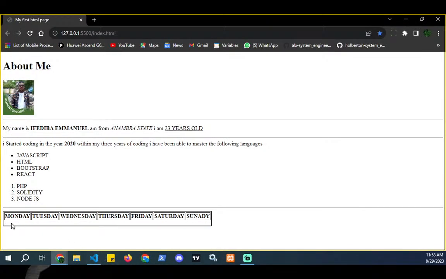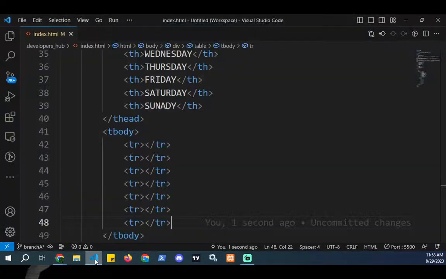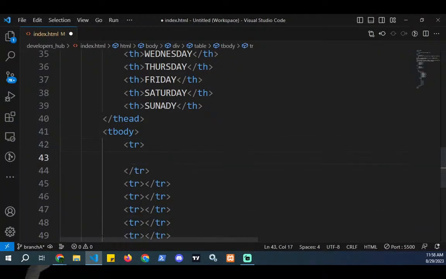Okay, like I said here, we have a little bit of something here. So now let's go add things to our table row. To add the table data element, use TD. So we have